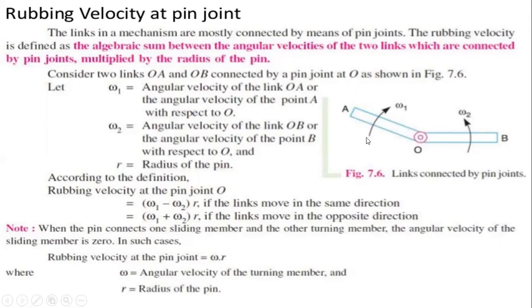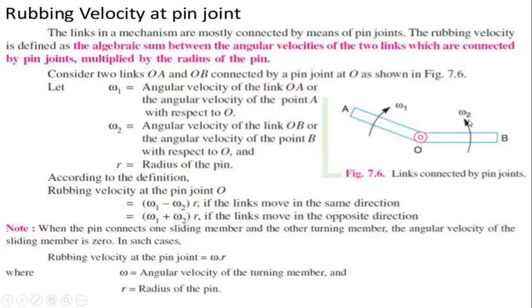Omega 1 is the angular velocity of the link OA, or it can also be represented as the angular velocity of the point A with respect to O. Omega 2 is the angular velocity of the link OB,